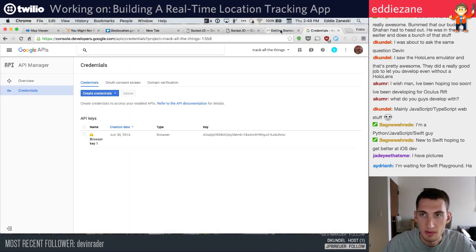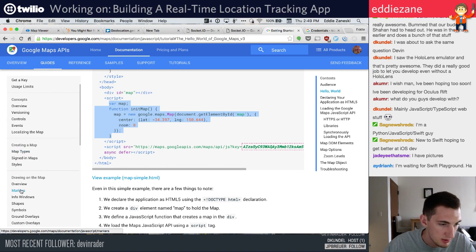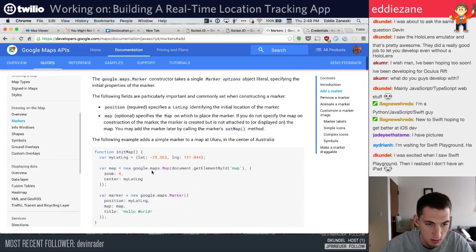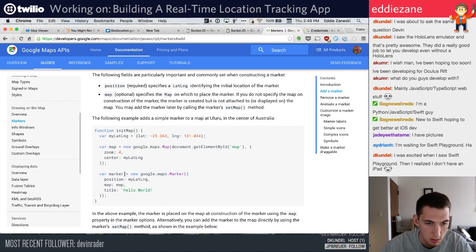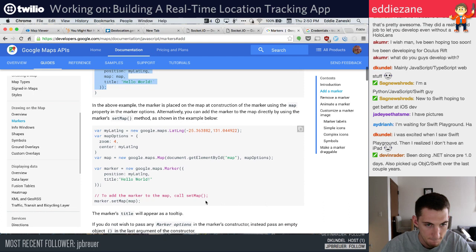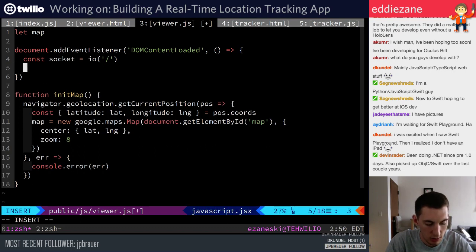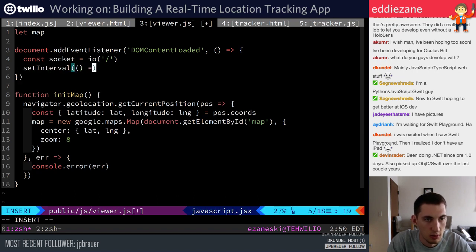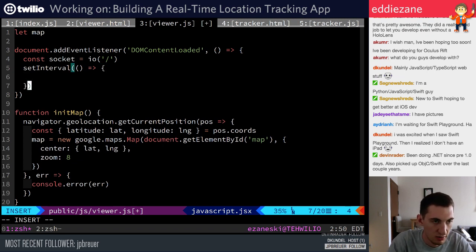We need to do some markers. That's what they're called. Markers. And so we should be able to add a marker. New Google Maps marker. Perfect. So I want to say socket. So let's set an interval, and we'll set this for 2,000 seconds again. And so the client will query the server for some new stuff. So it will say